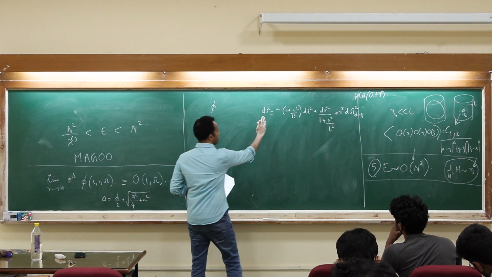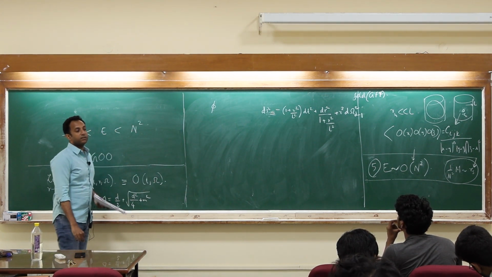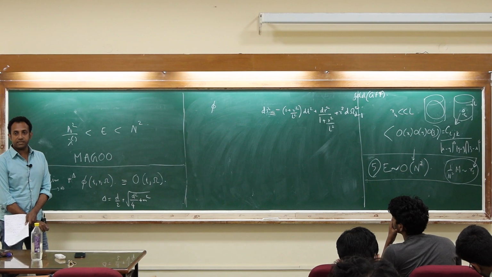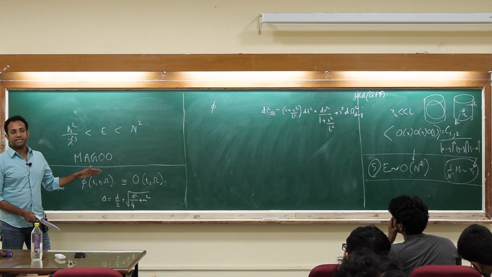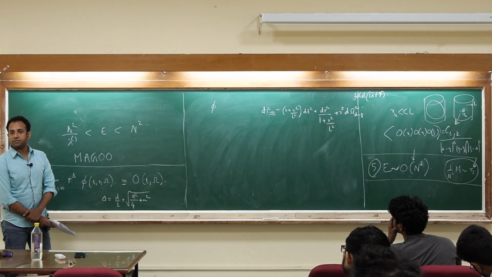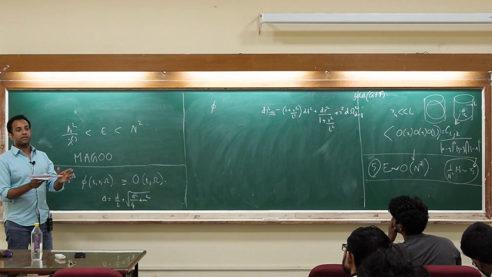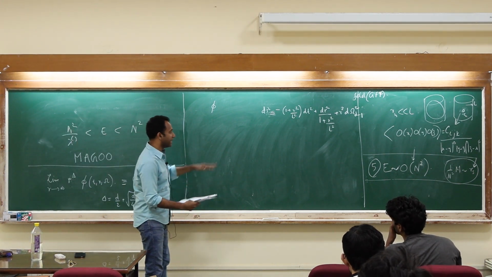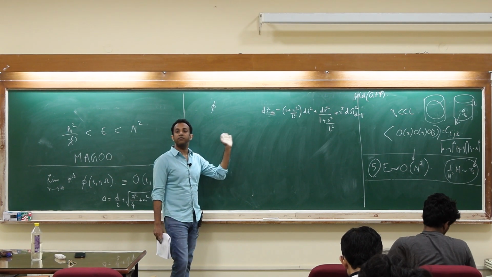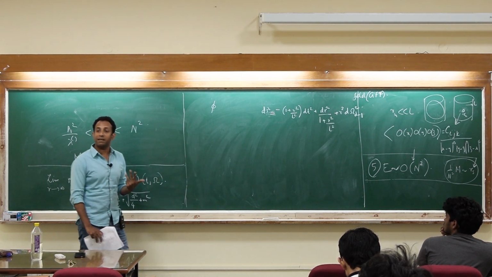I can solve my scalar field in this background. Write down the wave equation and then solve for the scalar field. Because it's a second order differential equation, it will have two solutions. One solution will basically blow up at infinity, very roughly speaking, and another one has finite energy, in the sense that if you compute the Hamiltonian for that mode, you will find that it is finite energy. That mode is called the normalizable mode.